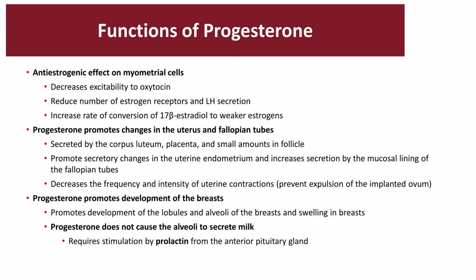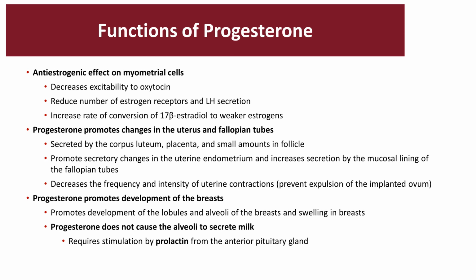Progesterone promotes the changes inside the uterus and fallopian tubes, and is predominantly secreted by the corpus luteum, placenta, and small amounts of it in the follicle. It promotes changes in the uterine lining because the whole purpose of this hormone is to prepare the uterus for implantation of the fertilized egg, and this happens in the later parts of the cycle. It decreases the frequency and intensity of the uterine contraction so that the implanted egg is not going to be